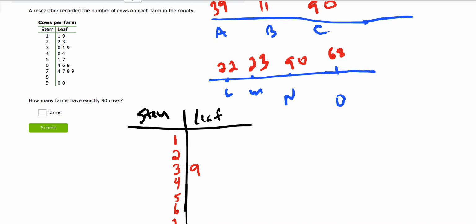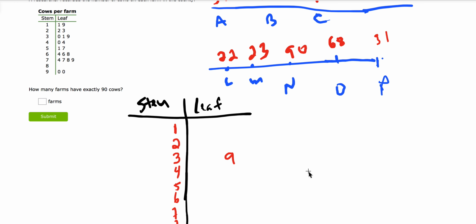I would like to do another one. I'm going to put a 31 here for P. 31. All right, let's do P now. How many in town P or farm P? 31. Well, what comes first, 1 or 9? So I'm going to scoot this 9 over because the 1 comes before it numerically. So now this is 31, and this